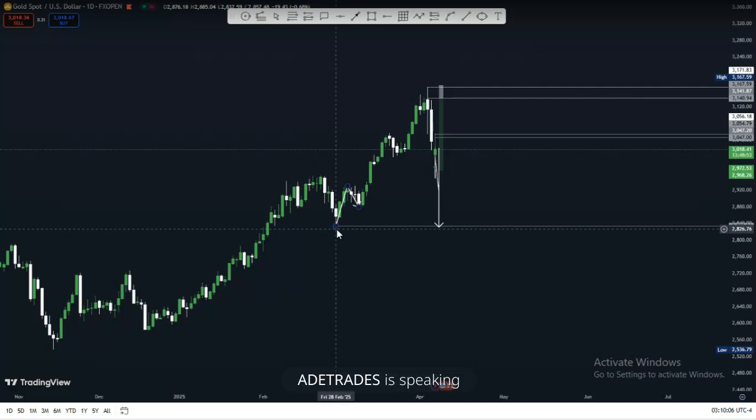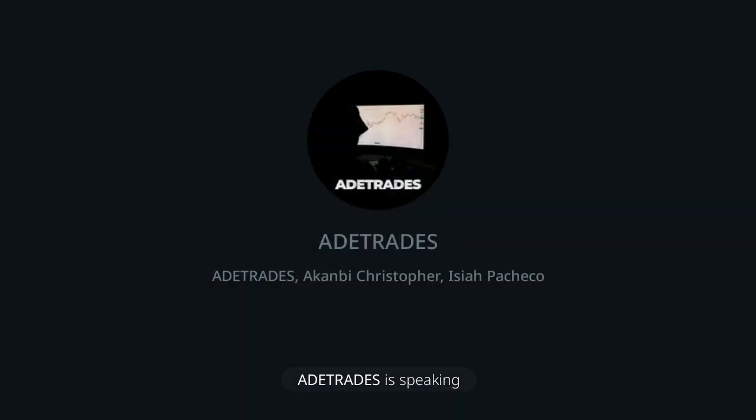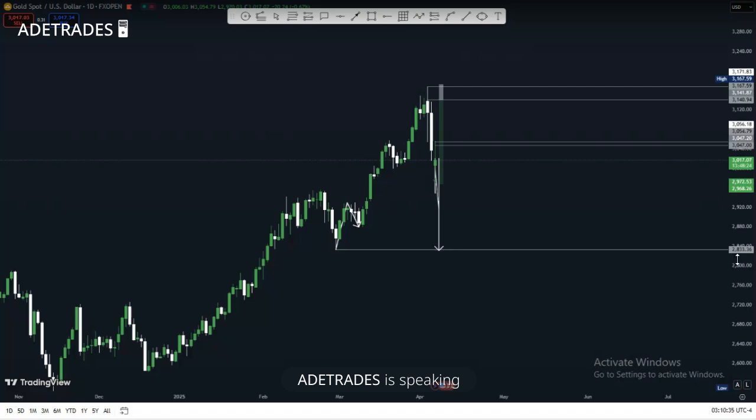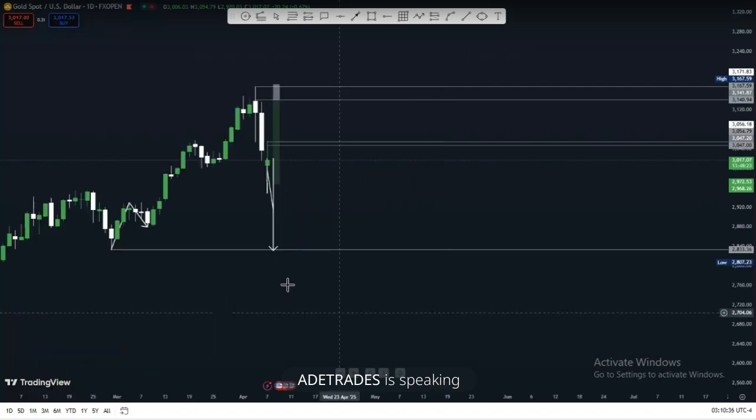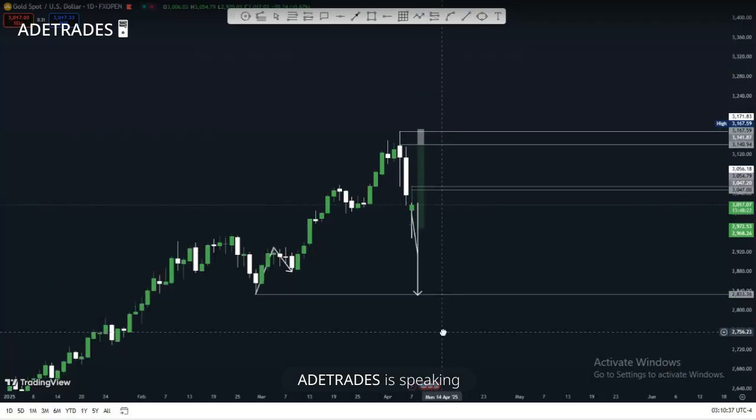This is the current clear structure that we have on the daily time frame, which is lower, higher low, higher low, then higher high. So you can see I marked this out. I was trying to confirm some stuff for the mentorship people. This is just market insight to show you what I'm looking out for, not knowledge based. So currently all we can do is just sell gold because why?